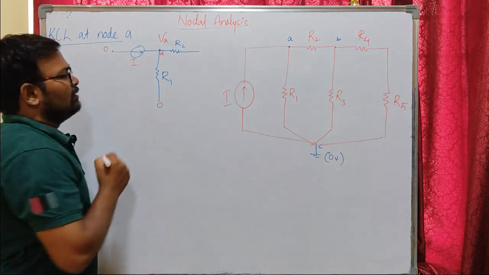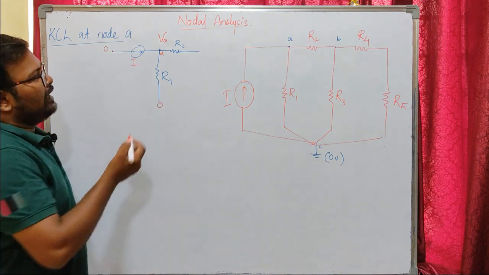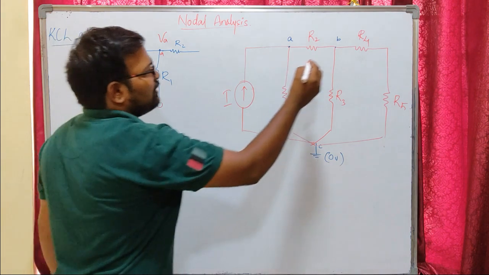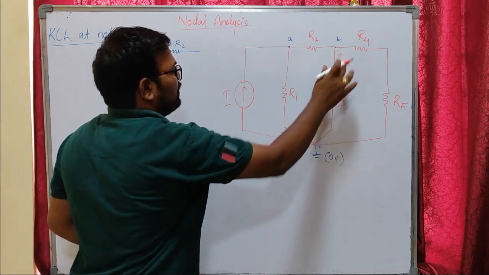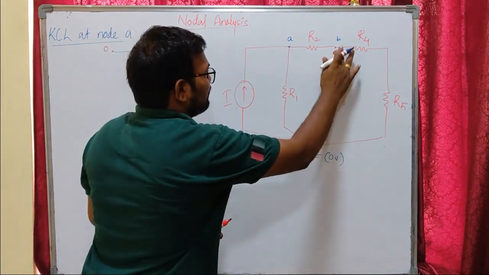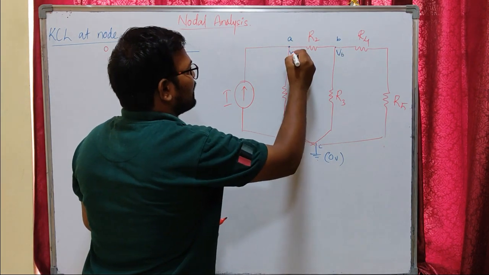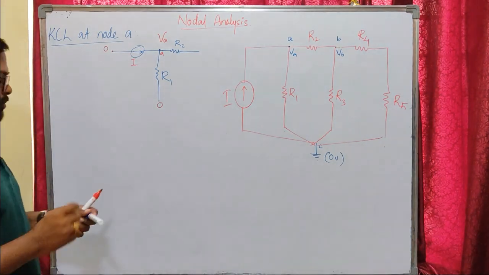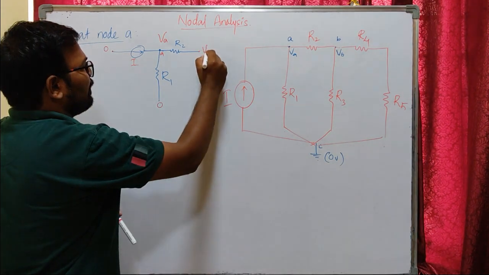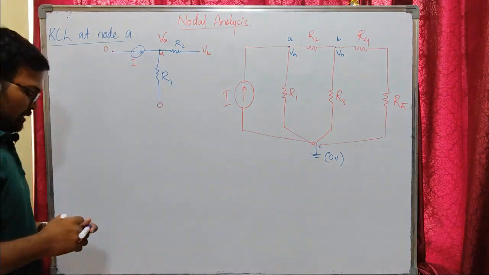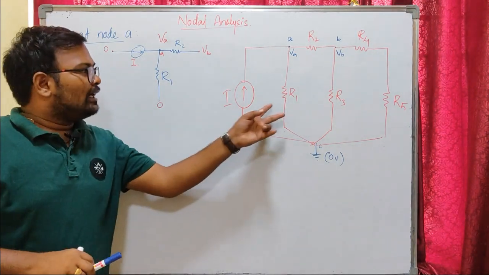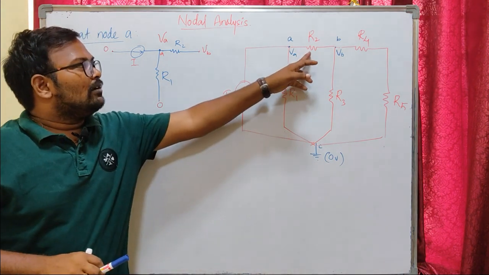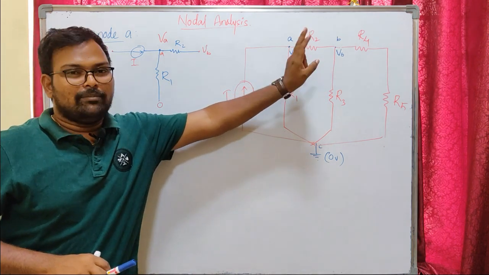And what is the second terminal potential of our resistor R2 here? Here we assume this as VB, so let us write with blue pen. We assume this as VB and this as VA, right? So what is the potential of the second terminal of our resistor R2? That is VB here. This is important: for the current source and resistor R1, the second terminal is the reference node, that is 0 volts, but for resistor R2, the second terminal has a voltage of VB.